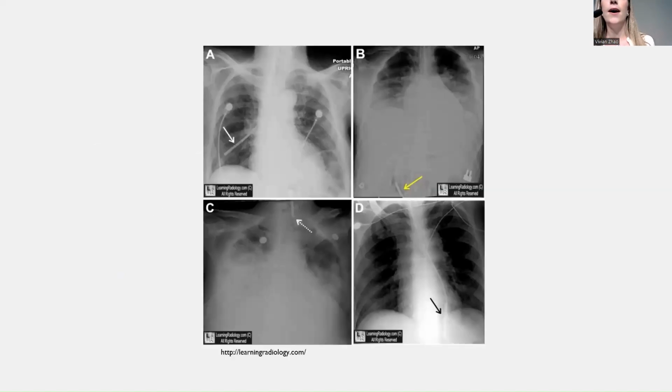So this is different pictures of how the feeding tubes are placed. So the first one here, and I should have made this quiz, but I didn't. So the first picture in A, the tube's in the right lower bronchus, so it went to the trachea instead of the esophagus. So you can see how it diverted immediately to the left as opposed to going down a little bit further. In the second picture, the tube is in the descending limb of the duodenum, so you can see, I don't know how well you can actually see it, but it crosses over